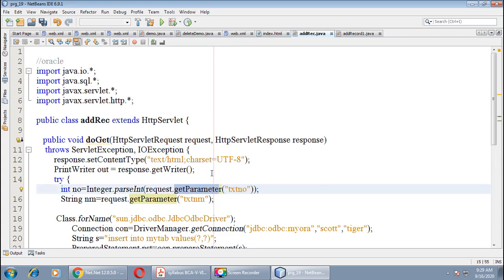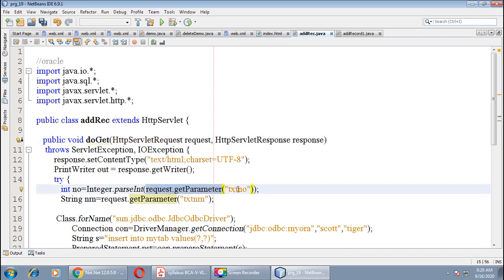Okay, this is a method defined in the class HttpServletRequest, and we can access that method with the help of object of this class. So here it is, request.getParameter.